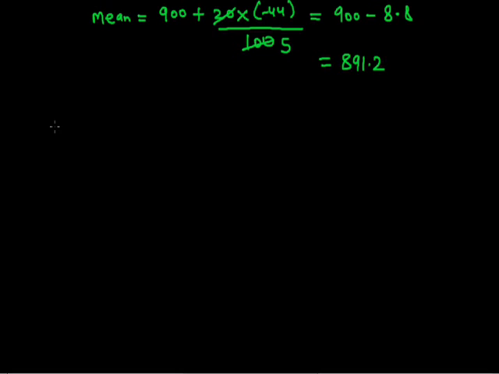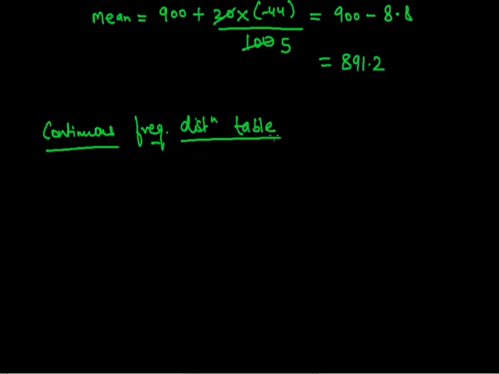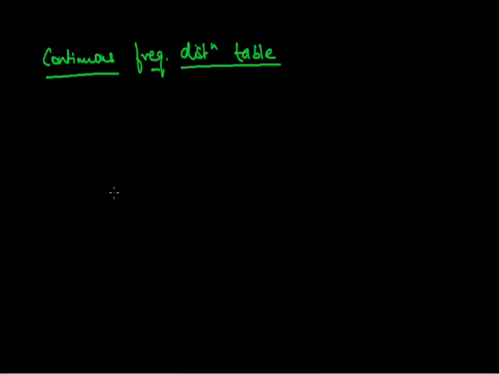In the same way, if instead of the discrete frequency distribution table, we get a continuous frequency distribution table, what we need to do is this: there are class intervals given with the frequencies, and we actually need to find out the observations, or x, let's say class marks, for finding out the mean.